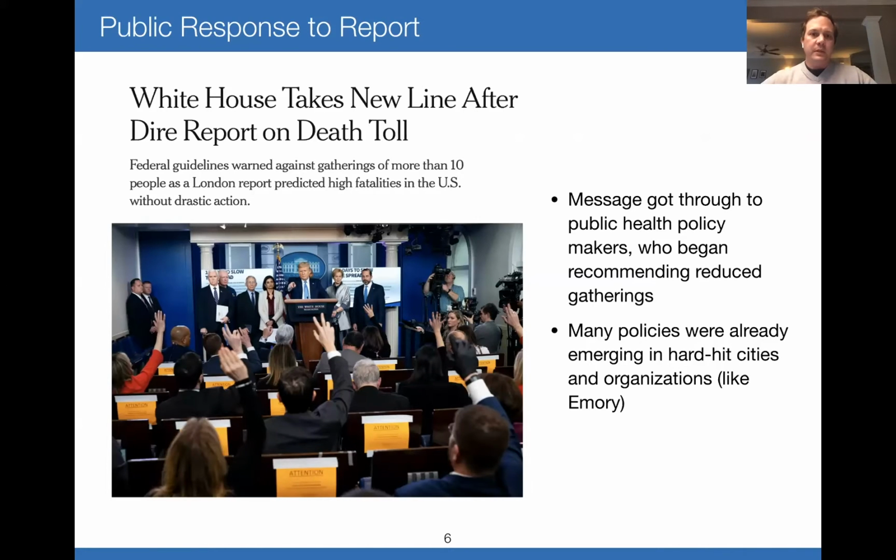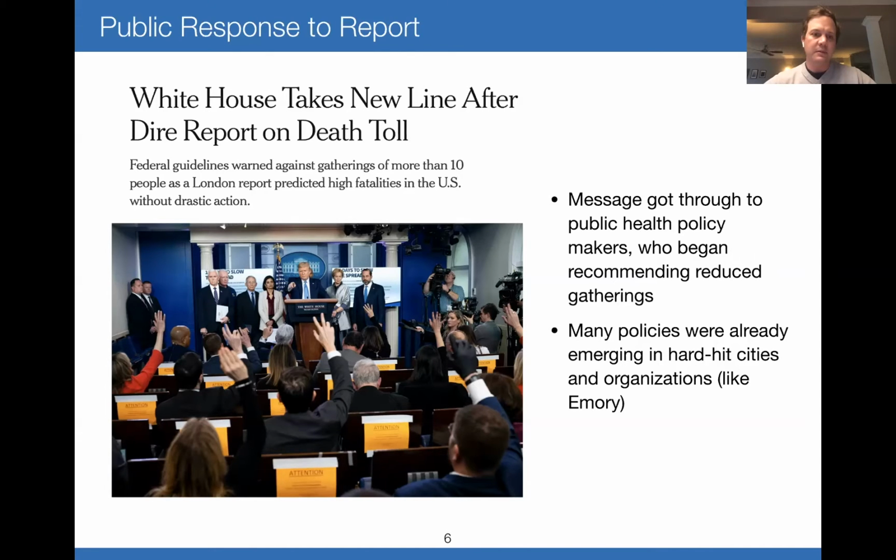So after the report was released, the federal government, both at the CDC, the White House, and elsewhere, really changed their tune in terms of the messaging related to behavior that the public needed to engage in as a function of the potential severity and magnitude of the coronavirus outbreak across the United States. Many policies were already in place and beginning to be put into place in hard-hit cities like Seattle and elsewhere